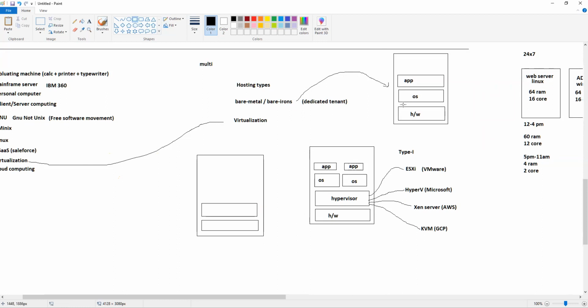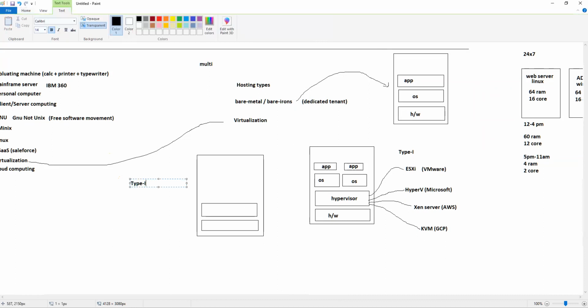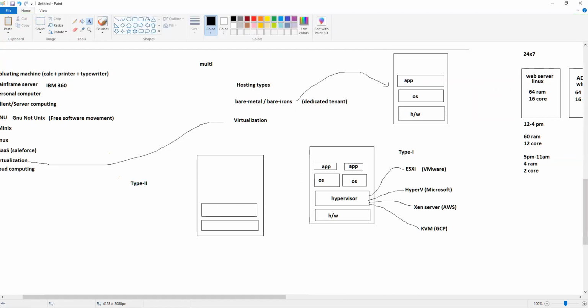You have the laptop, and on the laptop you have the operating system, because type 2 is created for home usage, for education and learning purposes. On top of your operating system, we put a hypervisor of type 2, and then we can put multiple operating systems if you want. But again, you're going to need that much resources, and then you can put applications here like this.